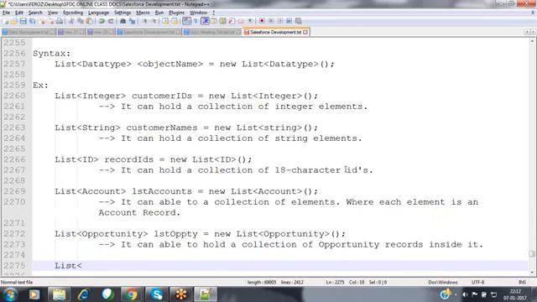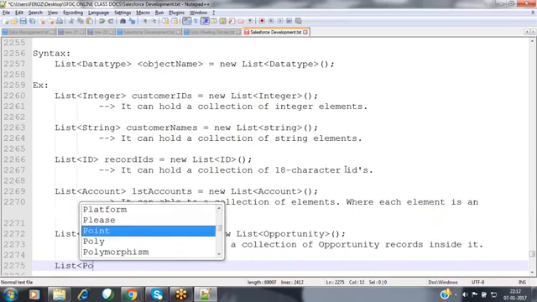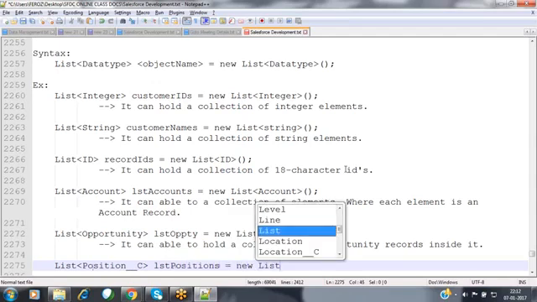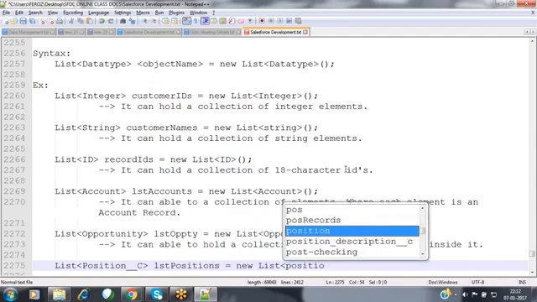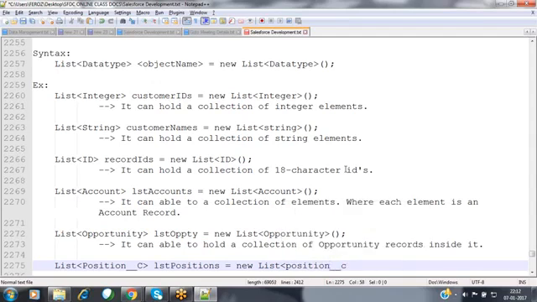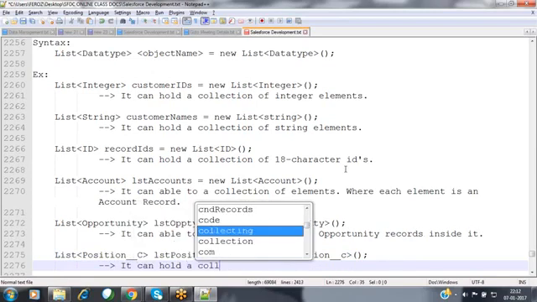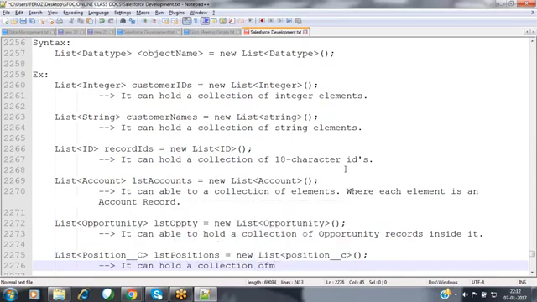And if you want to store your custom object information here, list of Position__c, new list of Position__c. Now this collection can hold a collection of position records inside it.